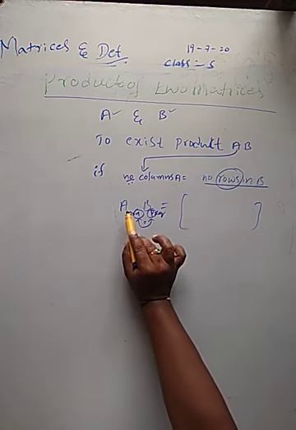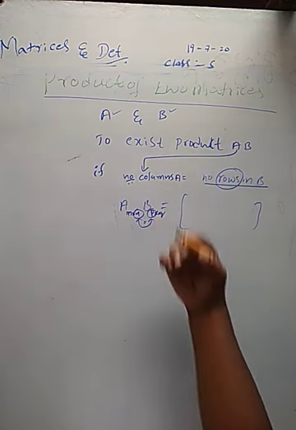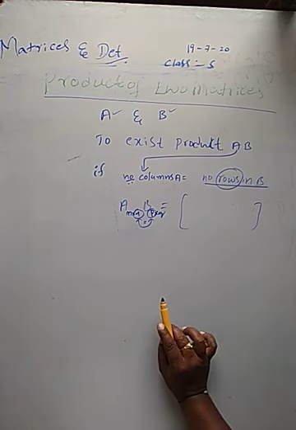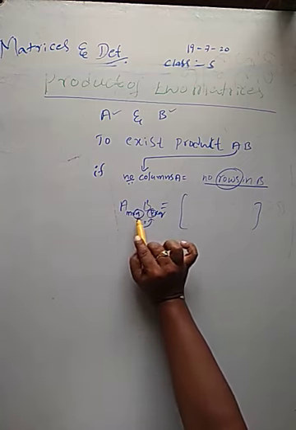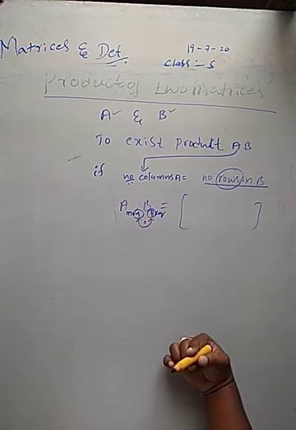Yes, once again I will repeat. For the product of any two matrices to exist, here AB, particularly product AB. For BA, the same working rule applies: B becomes the first matrix, A becomes the second matrix in BA. Yes, the number of columns in the first matrix must equal the number of rows in the second matrix. If the columns and rows are equal, then we have confirmation for the existence of AB. Okay.